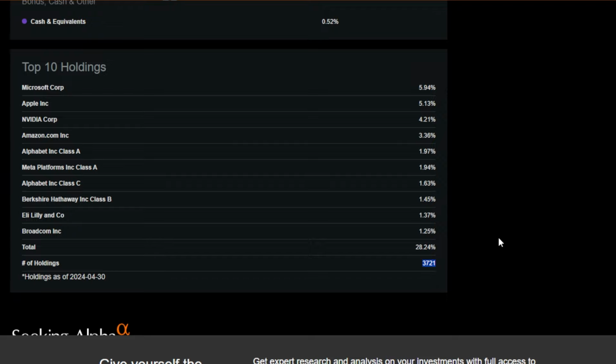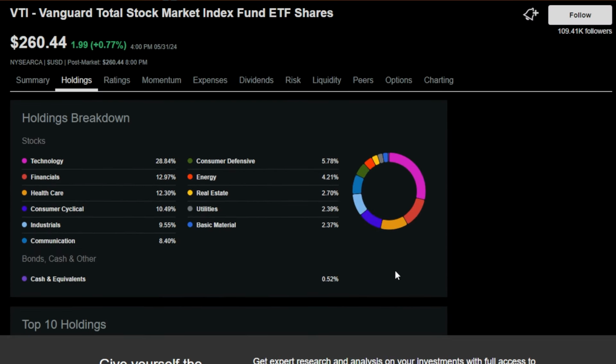Although it is exposed to so much, this ETF, if we want to be honest, between Amazon, Nvidia, Apple, and Microsoft, makes up a large portion of the overall fund, which I personally do not have any problem with. And honestly, even the top 10 holdings altogether, these are all holdings within my portfolio. I'm exposed to them through different ETFs, and long term, I would bet on every single one of these personally. But like I sort of mentioned, 3,721 holdings within this ETF, so you are going to be exposed to all the